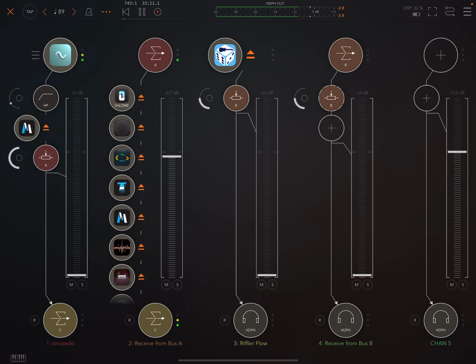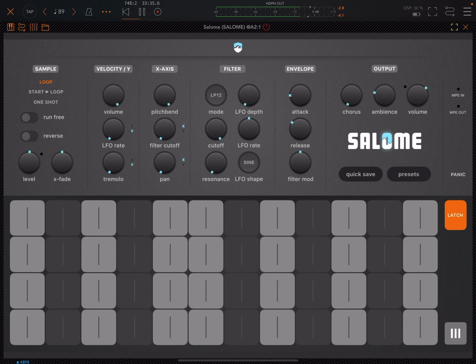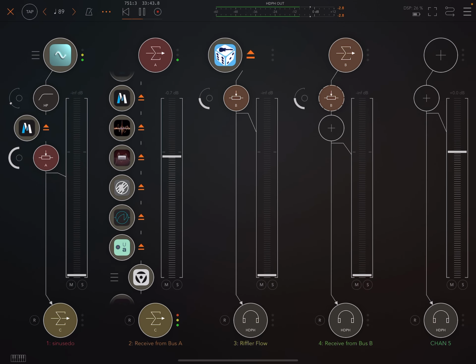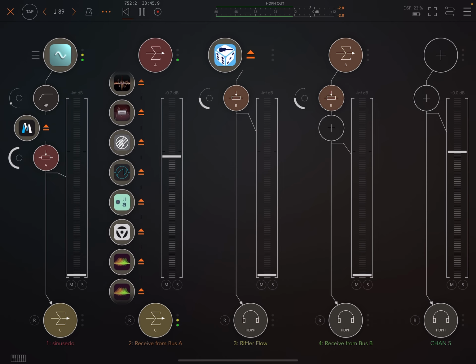Oh, one more thing, actually. Another cool thing to do is remember that some instruments can also be loaded in effects slots. And Salome is pretty interesting. I did a video on using this as a MIDI controller the other day. I've also done a video on its main use as an MPE sampler. But Salome we can use to